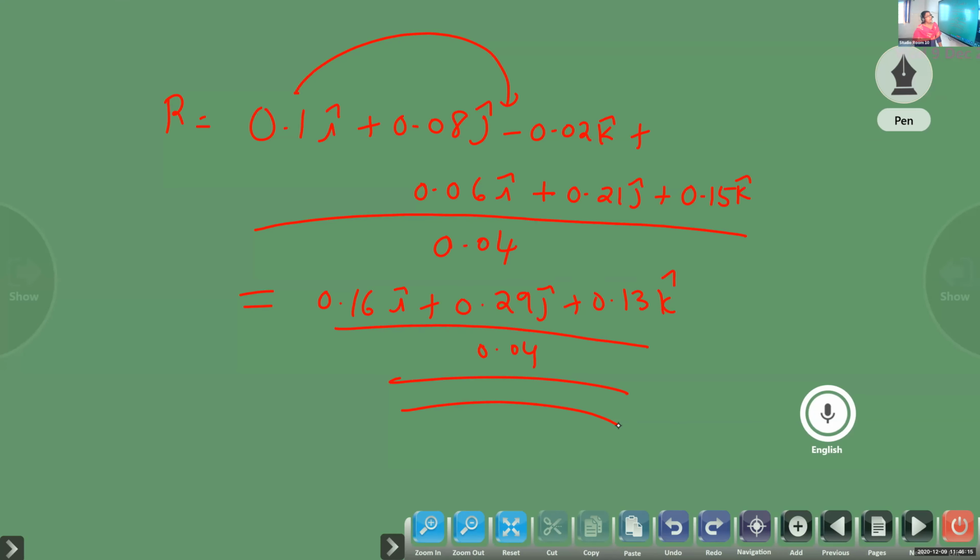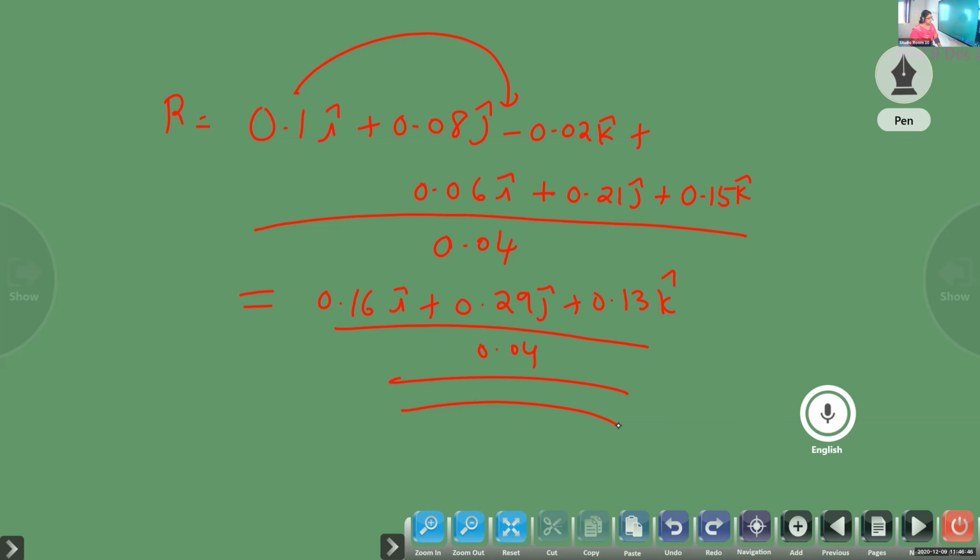Why we don't do anything means, the reason is that we have not studied division of I cap here. You can divide 0.04, 16 by 0.04 and we can multiply, but there is a term unit vector is given. So if you take the magnitude, then we have to take out A squared plus B squared, that big equation. We don't want. We can stop writing the answer here. That's enough. I hope everyone got it.